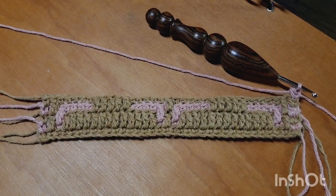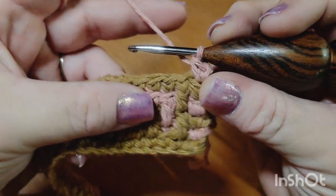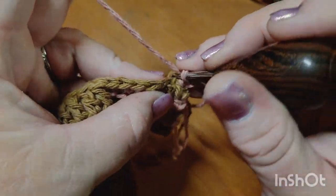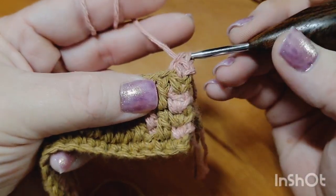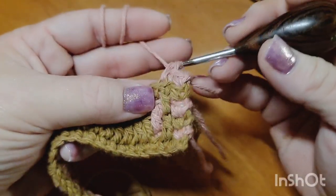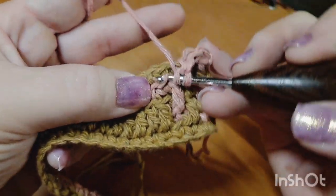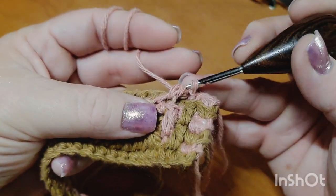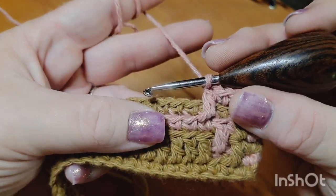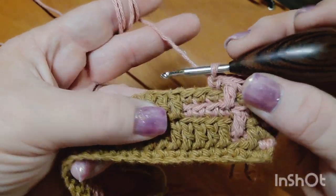Row number 6 begins now, and we are working in color B. Row number 6 repeat begins with 2 single crochets, 1 and 2, 1 double crochet, 1 single crochet, 2 double crochets,